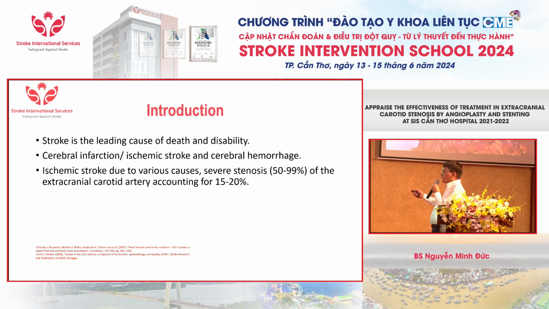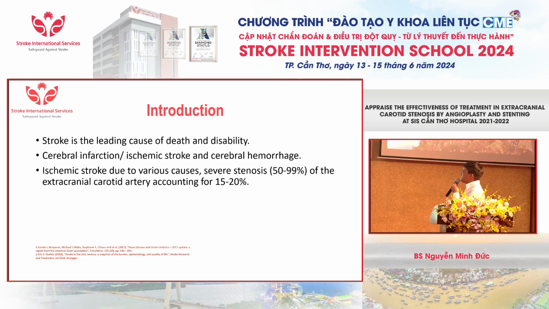First, in the USA, a country with an advanced medical system, where the government takes care of the people, in 1 year there are about 800,000 people admitted to hospital because of stroke. 200,000 of them are recurrent strokes, and about 140,000 people died of stroke. So stroke is a leading cause of death and